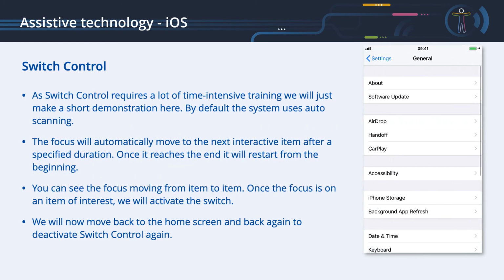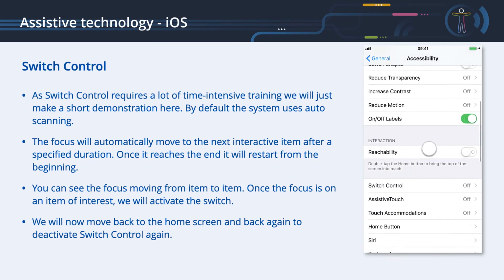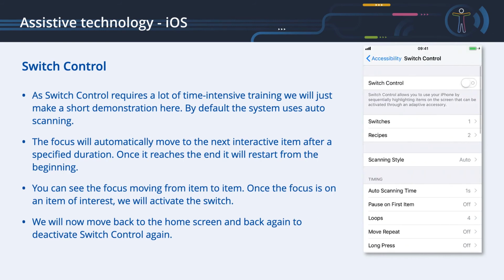In the accessibility settings, select Switch control. As switch control requires a lot of time-intensive training, we will just make a short demonstration here. By default, the system uses auto-scanning. The focus will automatically move to the next interactive item after a specified duration.